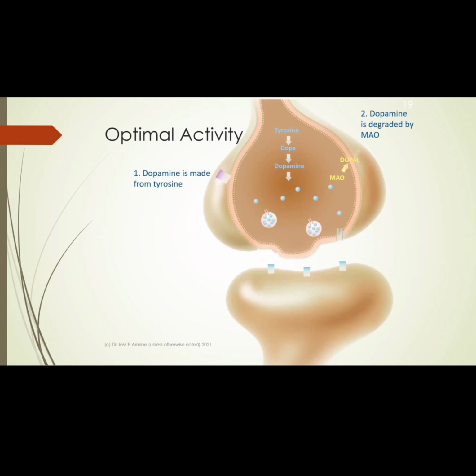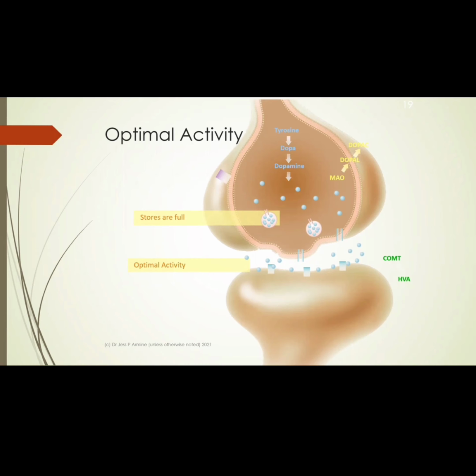Dopamine is created in the axon from tyrosine, and it's put into the vesicles, which are those little storage areas. If it's broken down in the axon, it's broken down by MAO. And when there's a need for dopamine, it'll be put into the synapse. It'll go, like I said before, to the receptor, then pop off and either get broken down by catechol-methyltransferase, or it'll hang out with its buddy or get reabsorbed.